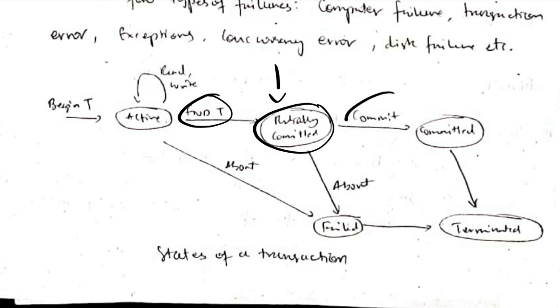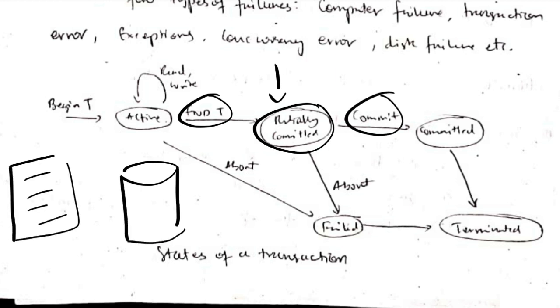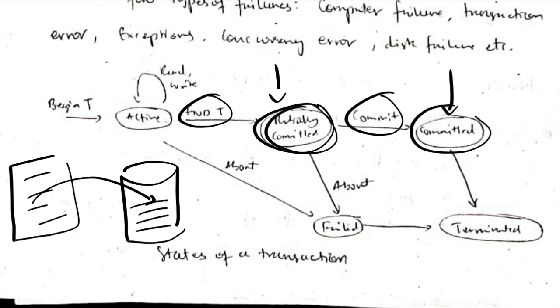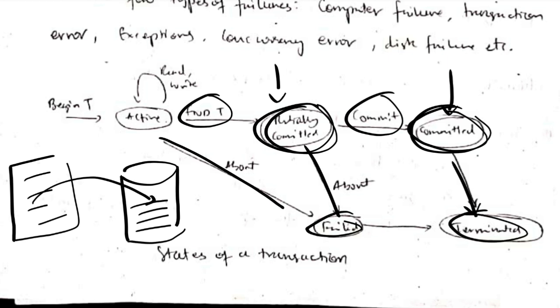And if it commits, what does that mean? It saves the changes made to the database. If the changes made to the database are saved, that is known as a committed transaction. That will be in the committed state. If it does not reach committed or partially committed, and if it aborts before these two states, then it is in the failed state. If it aborts from here or here. And if it commits and then terminates, that means it's successful. Because it's committed, it's already saved, and then if you exit, that is the normal termination.